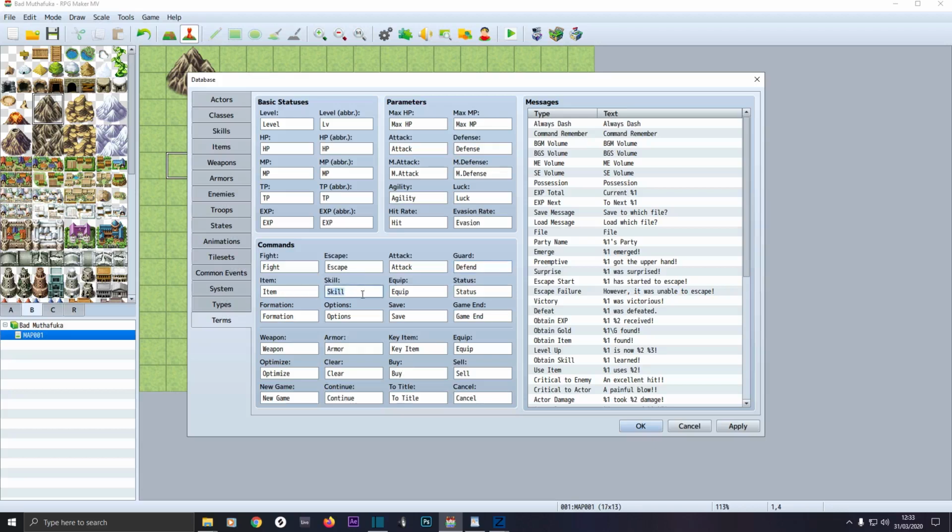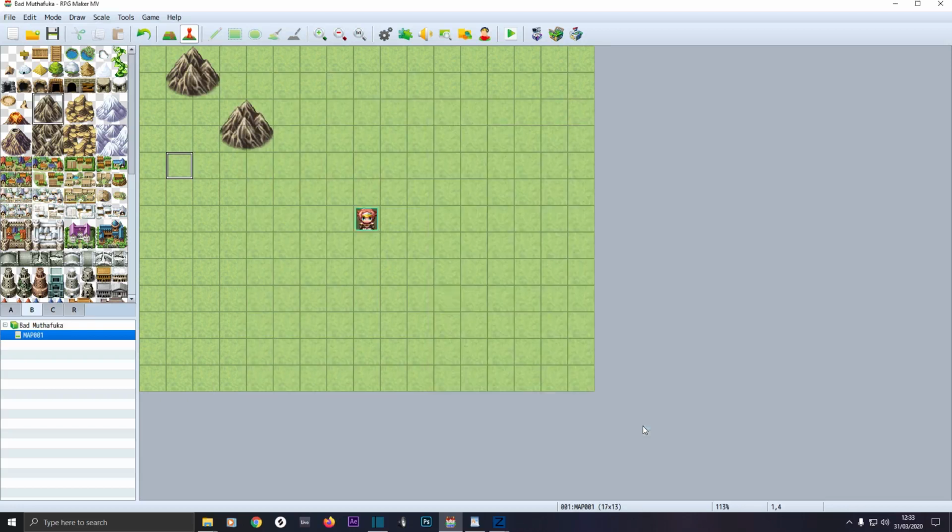And skill to summon. You always hit apply. And you can change the messages that read out here by double clicking on it and typing in something. If you want to start the game somewhere without going into the menu, you